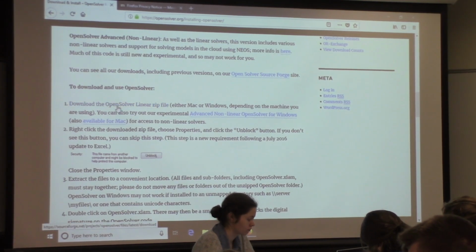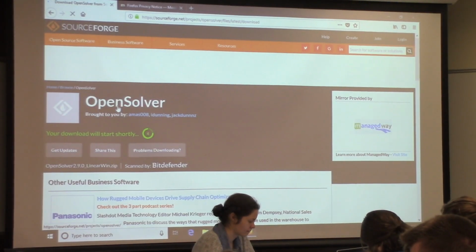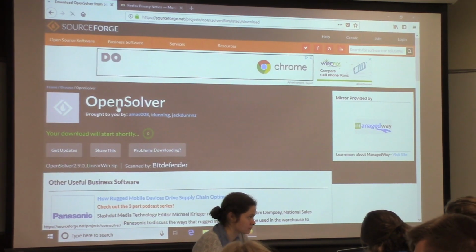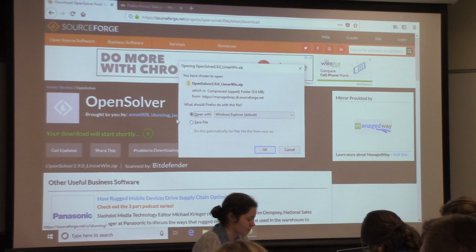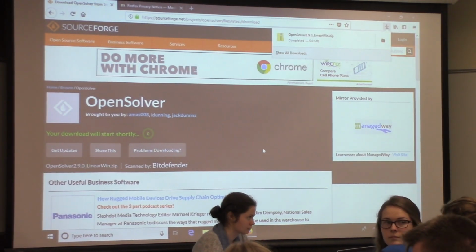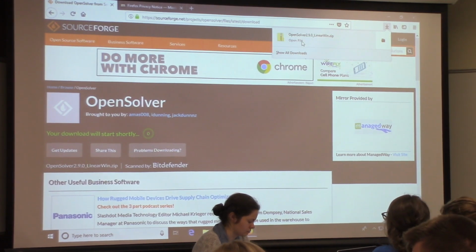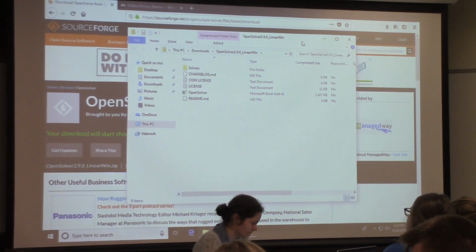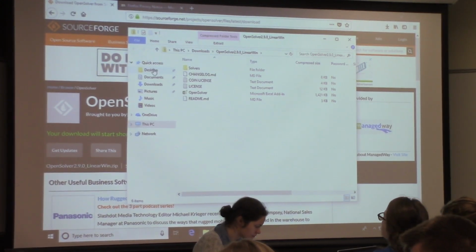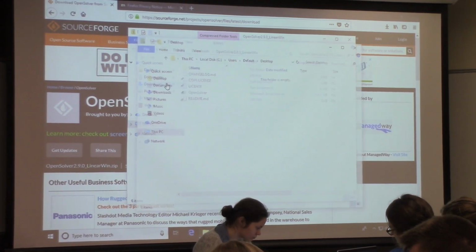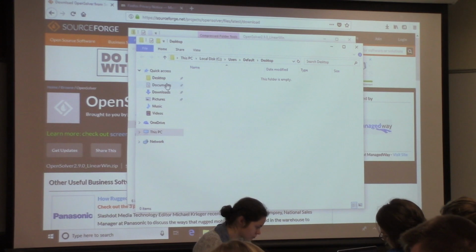So I'm going to download the OpenSolver package, and I'm going to save this file to my downloads. All right? And then I am going to go temporarily to my desktop, and I'm going to create